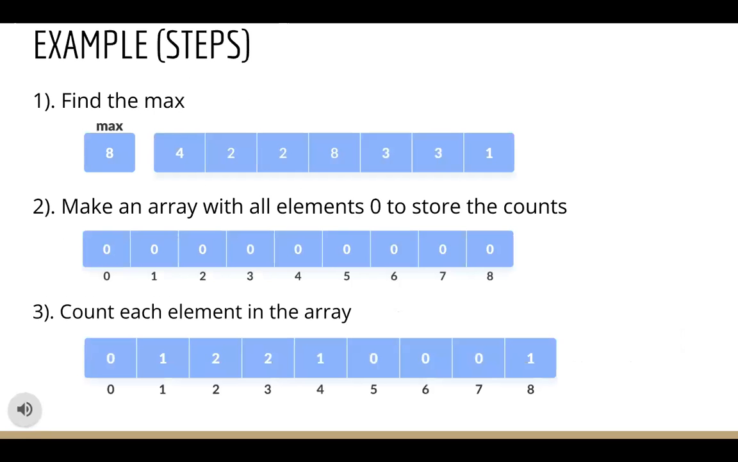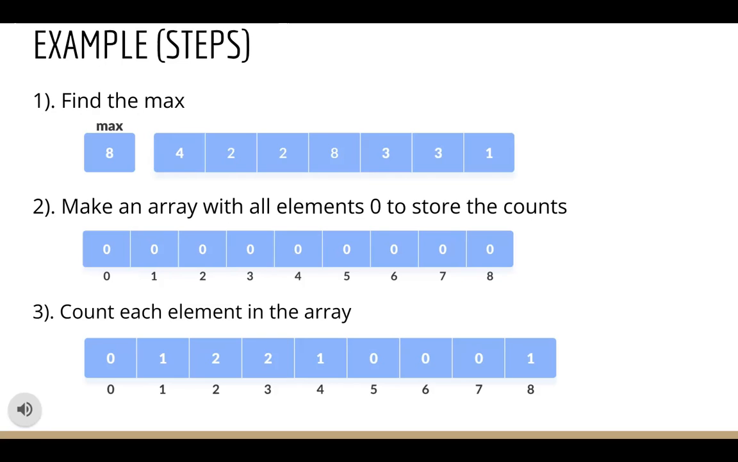In this slide, I'll be going over the example or steps that I have for a counting sort algorithm. So for the first step, I have find the max, which in the picture below would be 8. In the second step, I have make an array with all elements 0 to store the counts. So we would start at 0 for the array and then go to the max number, which in our example is 8. And in step 3, I have count each element in the array, which if we go back to